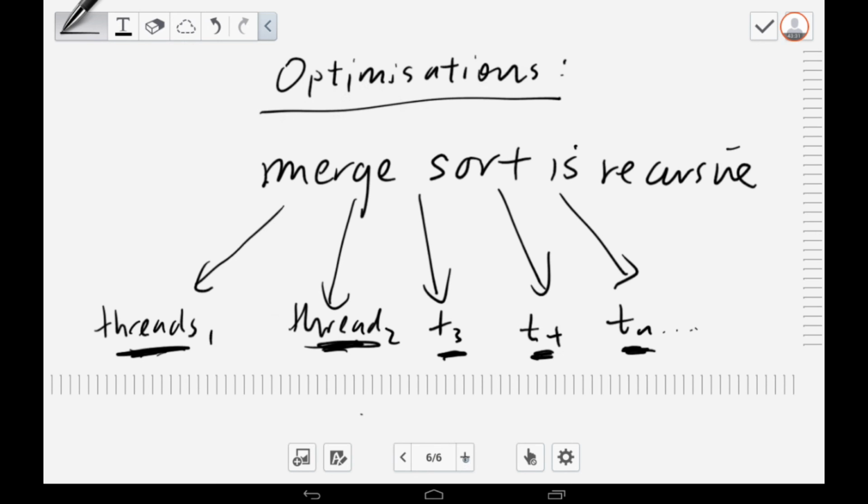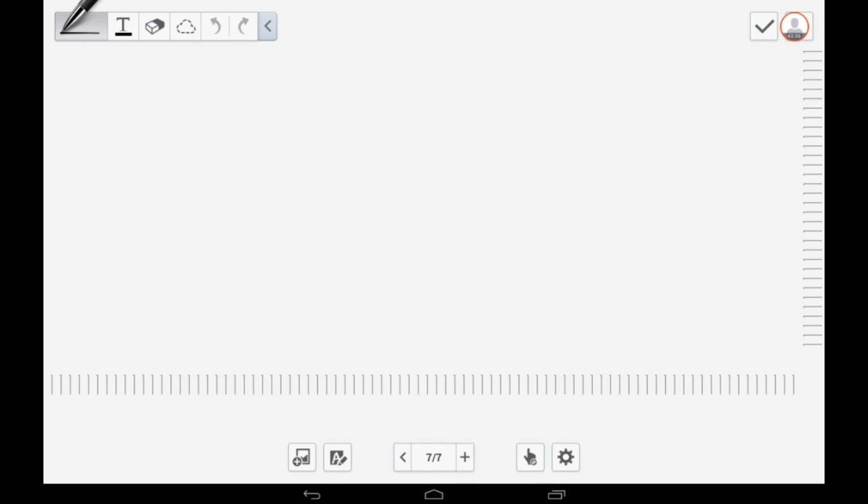And also, I'd like to talk about the running time. So the time complexity of merge sort. The formula for this is T